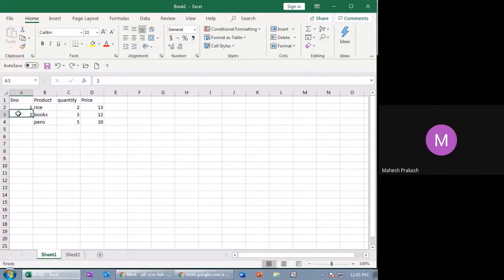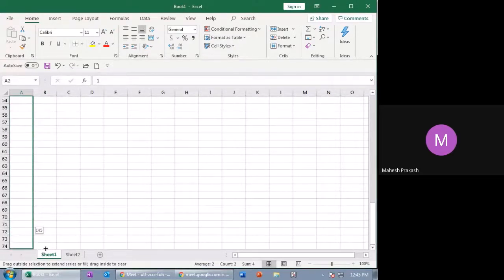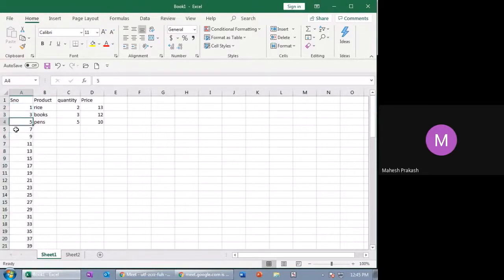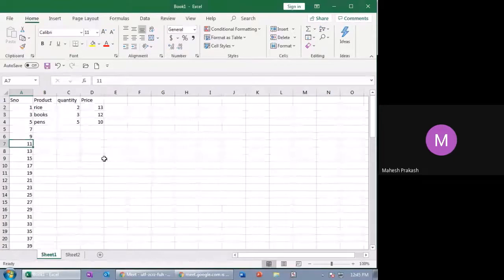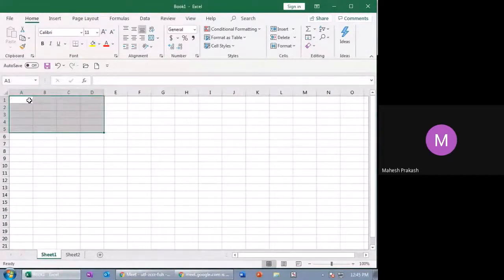So what is the difference between 1 and 2? The difference is 2 minus 1, which is 1. If you have 3 over here, the difference between these is 2, 3 minus 1. So when you drag it, you will get all the odd numbers. See, things are starting from 1, 3, 5, 7, 9. Got it? Similarly, imagine instead of this we have a new table which has employee ID, employee name.